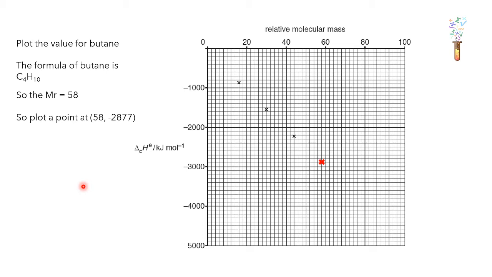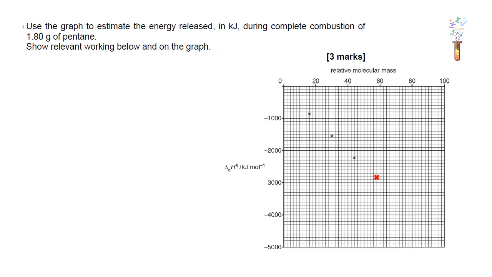So give yourself a mark if you plotted that point at 58 and minus 2,877. And then it says use it to work out for pentane. Show any working that you've done. So what we'd be looking for on this is, did you work out that pentane